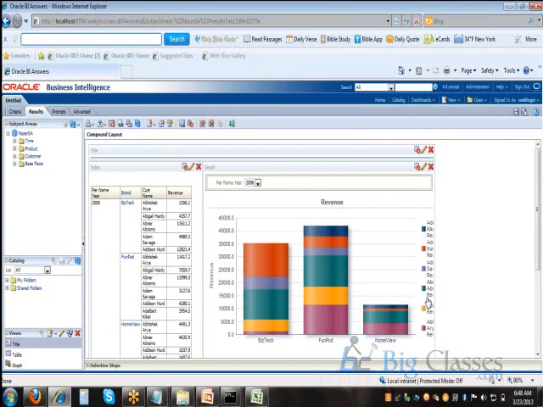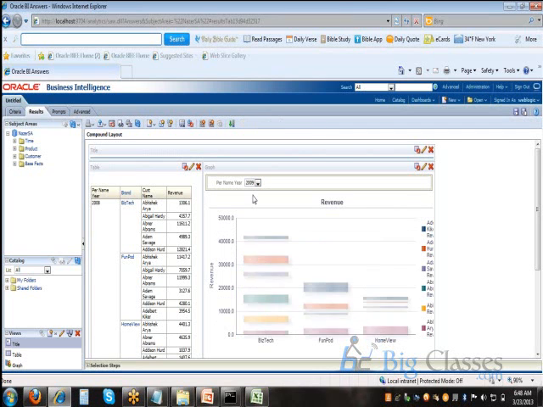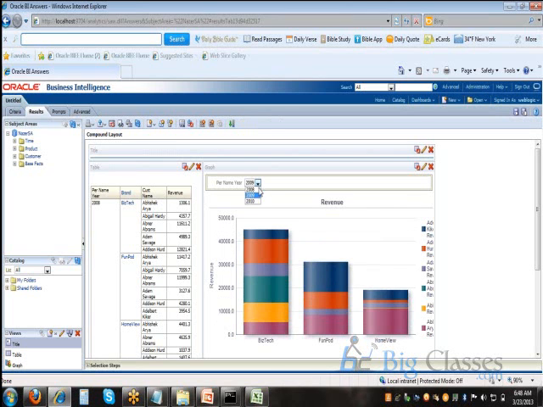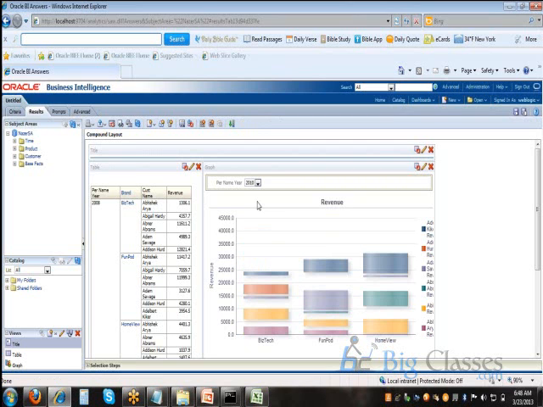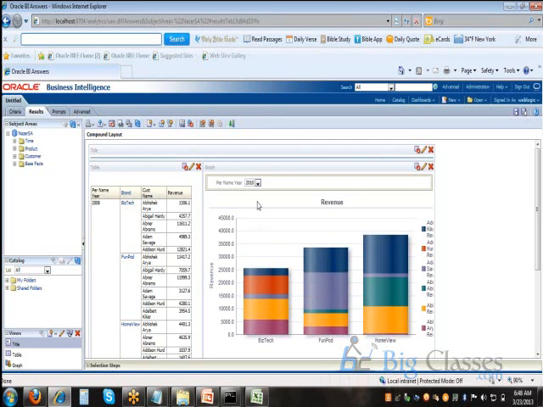It projects each customer in a different color. If I move my cursor onto any color, it will show the particular customer name, which group he belongs to, and the value of revenue generated by that customer in so and so year. Here the customer can select his own year and view the result as per that year. This kind of visualized chart solution you can provide to the customer.